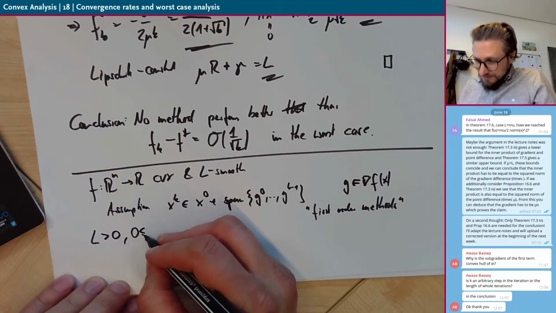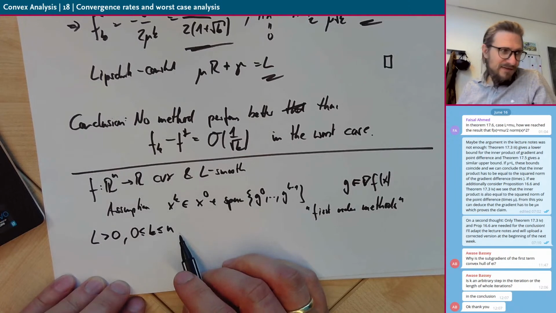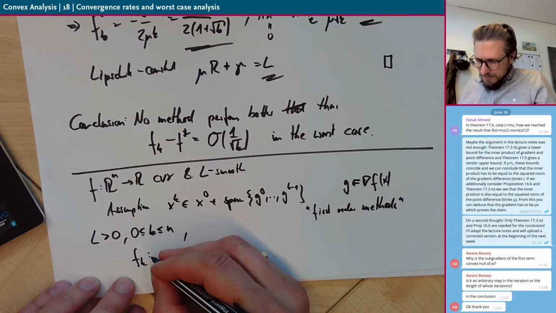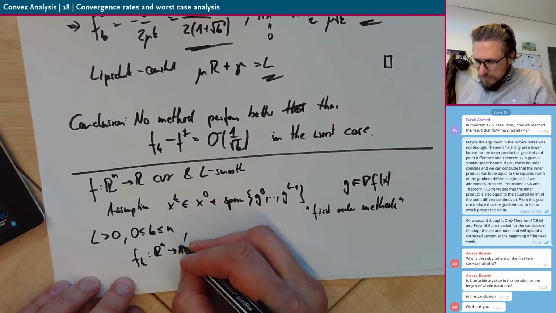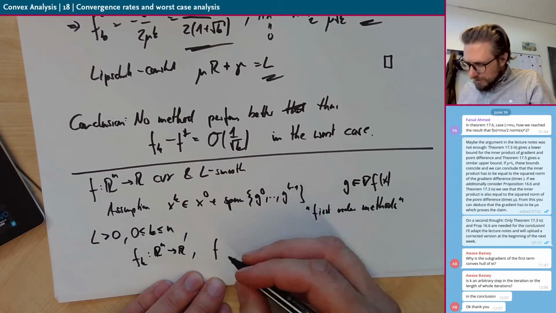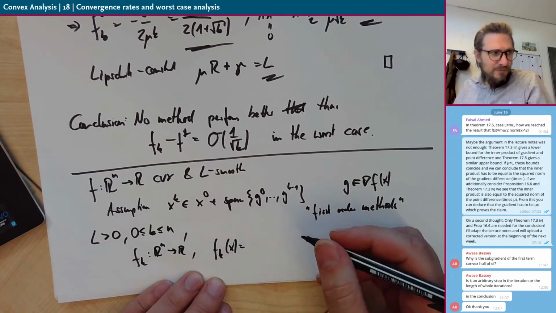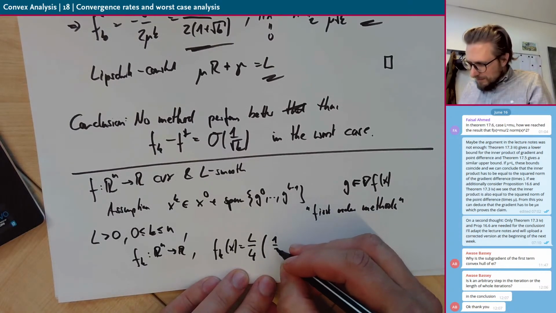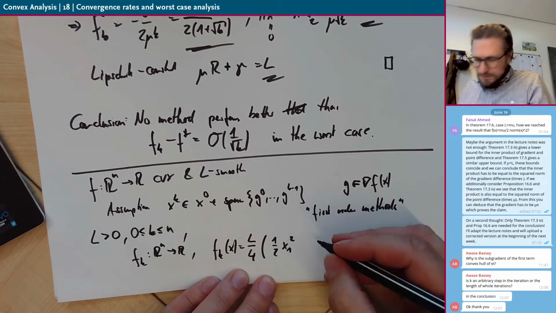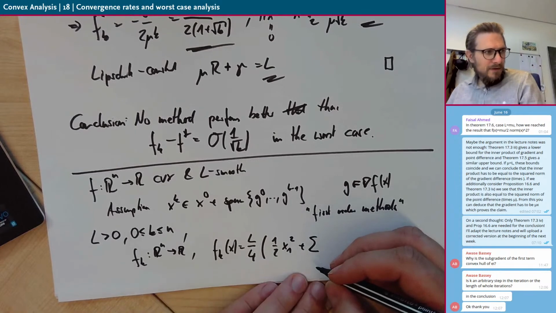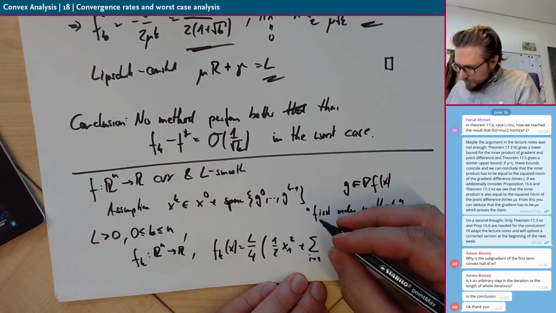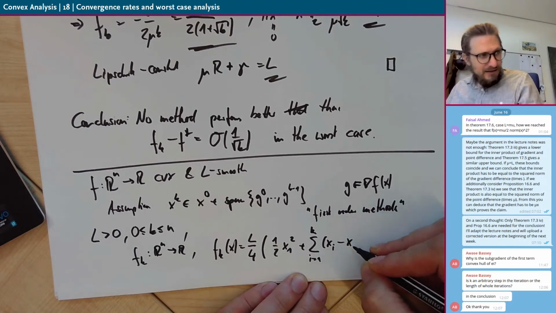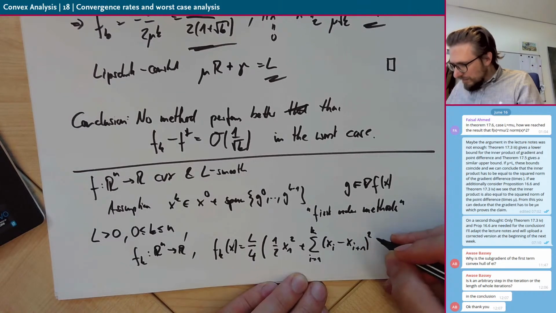and again we fix a K, because as we already discussed, going beyond the space dimension is not really meaningful. And we define an f_k from R^n to R, which I write down two times. First, in entries of the vector, it's L over 4 times 1/2 x1 squared plus the sum from i equals 1 to k of (x_i minus x_{i+1}) squared plus